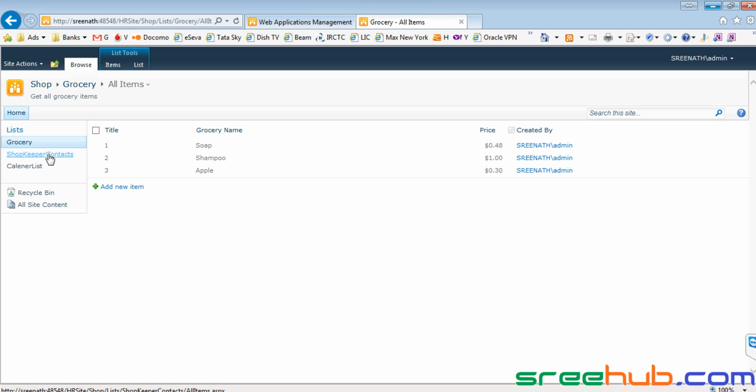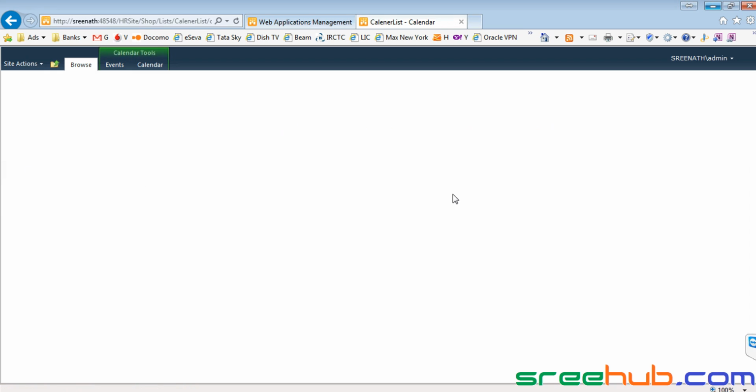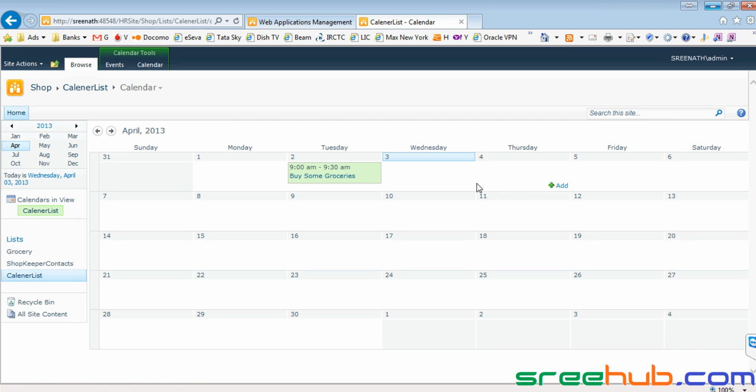We have seen shopkeeper contacts, where he can maintain the contacts of dealers, and the calendar list, where he can save dates like appointment dates. So these are different kinds of lists we have in SharePoint.